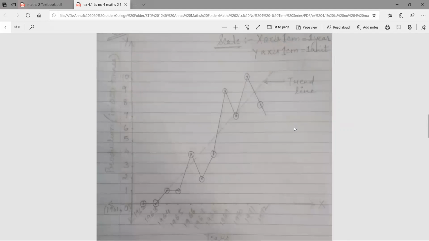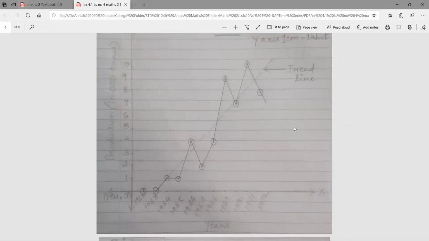So as you can see, I have drawn the trend line on approximation. So मेरे ट्रेंड लाइन में कुछ पॉइंट्स ऊपर है, कुछ पॉइंट्स नीचे हैं एंड यहाँ पे द डिस्टेंस इज काइंड ऑफ सिमिलर. ये दोनों पॉइंट सिमिलर दूरी पे हैं. Similarly, this point is at a similar distance. This point is at a similar distance. This and this point is at a similar distance. Correct? So in this way, you can draw a trend line.